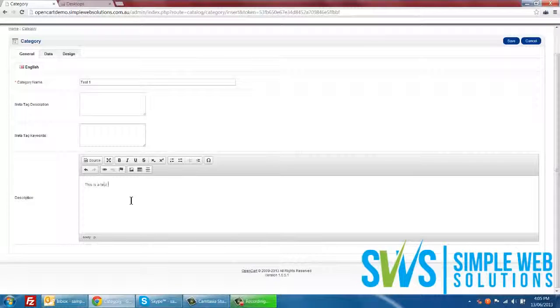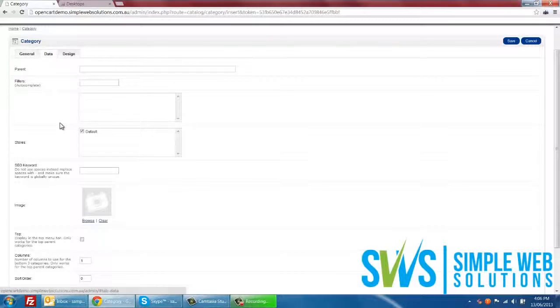This is a test description. And what you can do here is say we wanted to do this, we can select that, we can bold it, we can italic it, and we can underline it. We can do anything like that we want to here. It's pretty much just like a basic Word document. You can insert something here, so you can paste something in if you want to. But basically, once we've done the category name, once we've done the description, you've got to click Data in